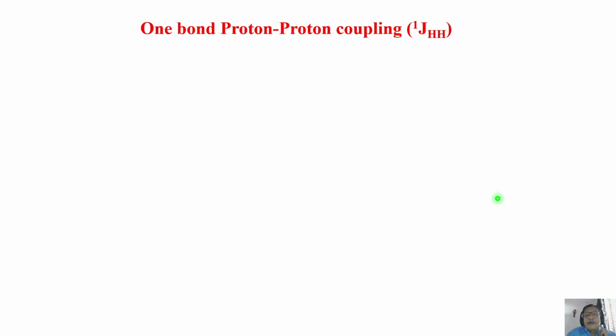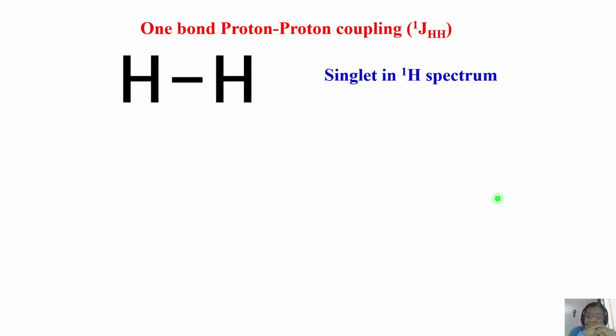So homonuclear coupling, which is not reflected in the one-dimensional proton spectrum, we could extract in one way. Now I am posing a question like this. This is a hydrogen molecule. Here, where is the question of carbon? I cannot break the symmetry like in the previous example by bringing in carbon-13. Now both are protons. What do I do? I have to break the symmetry. I have to get the HH coupling.